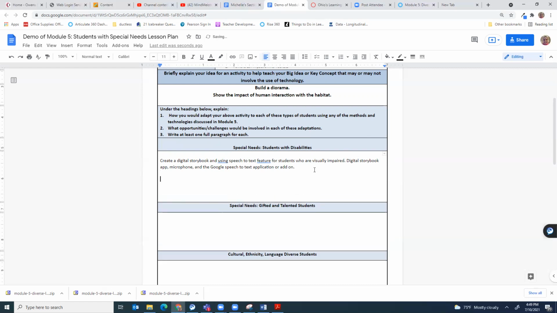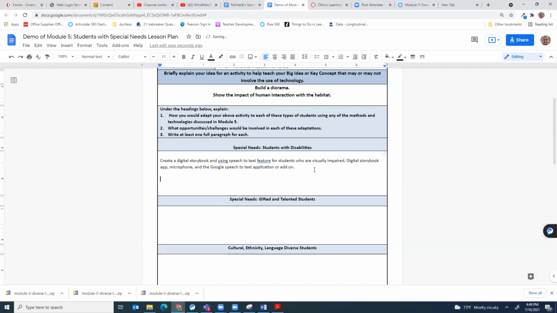Again, the opportunity would be to create an actual artifact that could be read visually or could be auditory for other students. It also could allow them to add pictures or their own voice to it as well. So those are opportunities. Challenges, again, would be working with the software. Perhaps it would be doing the research piece on the habitat. So that is how I want you to look at